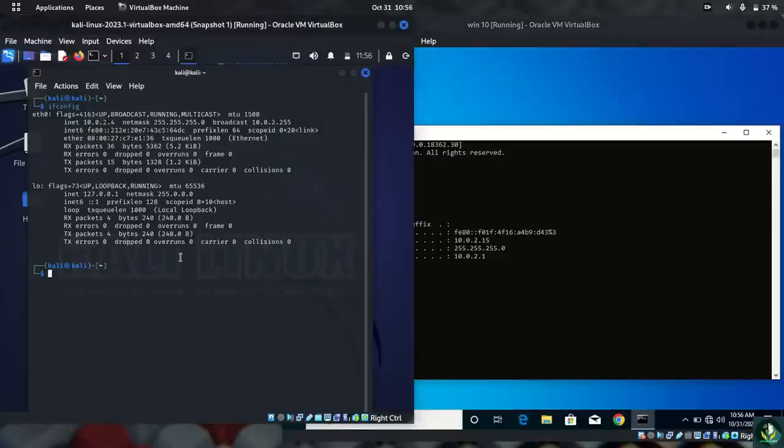So here just imagine I don't know the IP address for Windows and I want to discover all the clients that are connected to my network. So the program that I'm going to use in here is called netdiscover. So let's use that: sudo netdiscover, and after this we need to use -i,